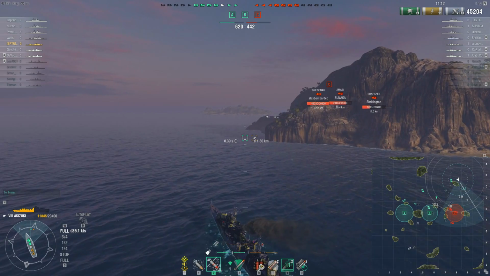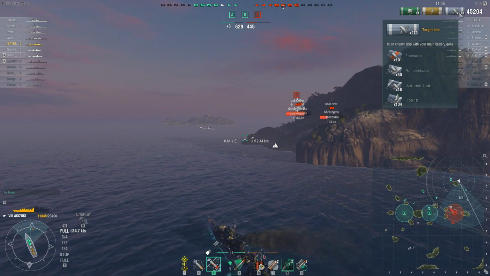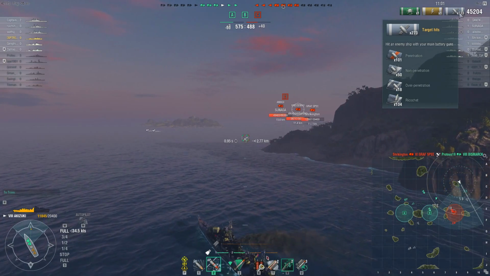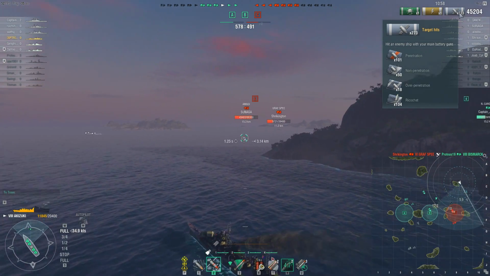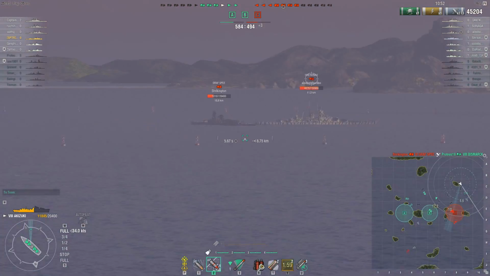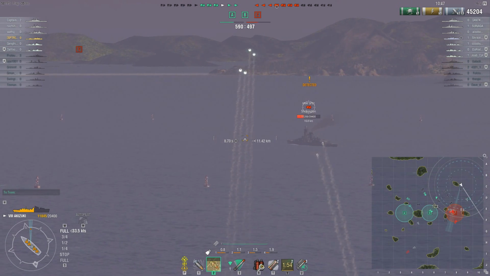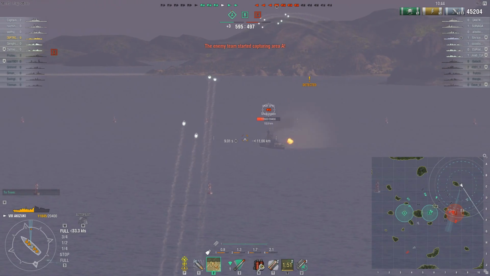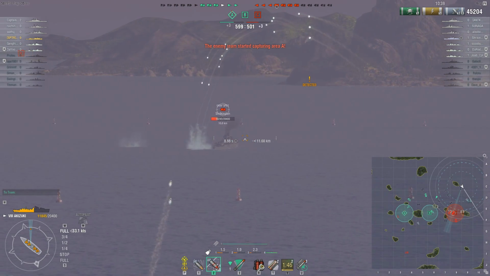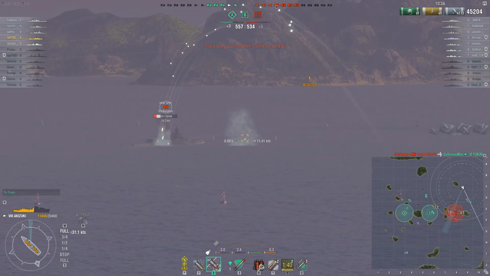Don't get me wrong, we have 273 hits, of which I do believe more than half are ricochets and non-penetrations. Only 101 penetrations of 270. So if you only use AP and not HE, you're going to bounce like a third or two thirds, around 60-65% of all your shells. You're not going to do anything, which is kind of high, but